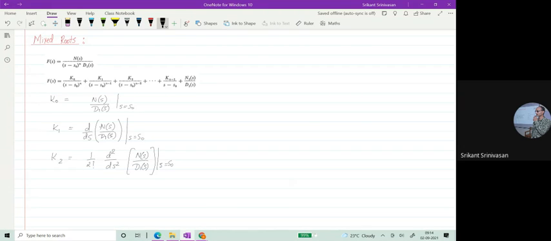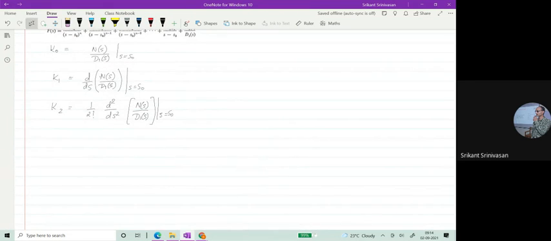So let's do one quick example of this. Let's take this problem that I have some response is equal to, let's say, s plus 2. Okay. Now you see I have mixed roots. So I have some numerator, I have the denominator which has a square term, and I have one term in the denominator which is a simple pole, right?